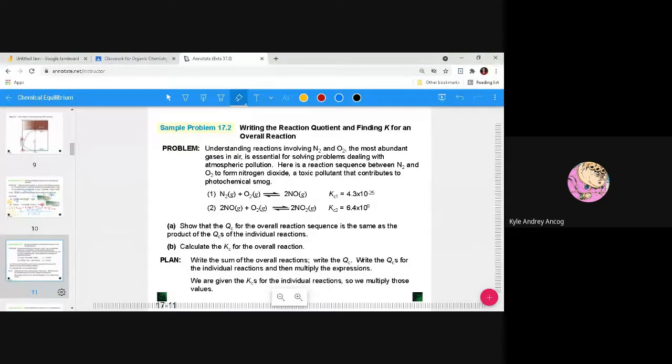Calculate the KC for the overall reaction. Okay, so KC for the overall reaction sequence. Now, okay, so we have this one, right? Elementary steps. We have step 1 and step 2. To have an overall reaction equation with this, we will